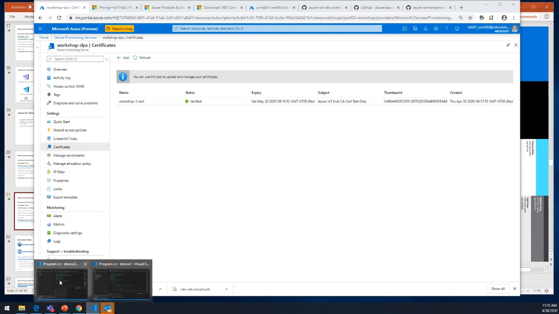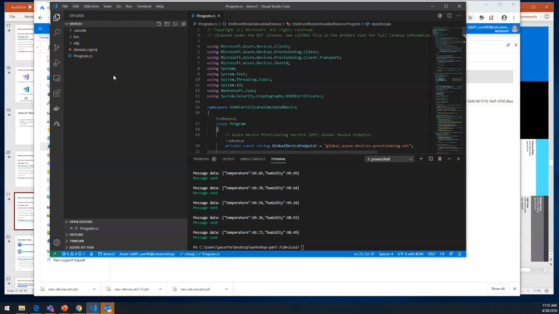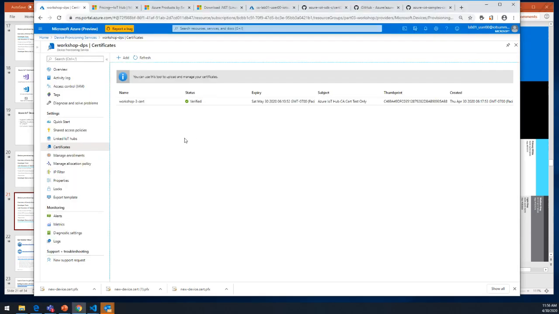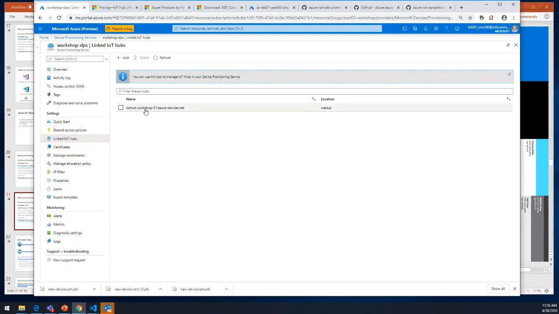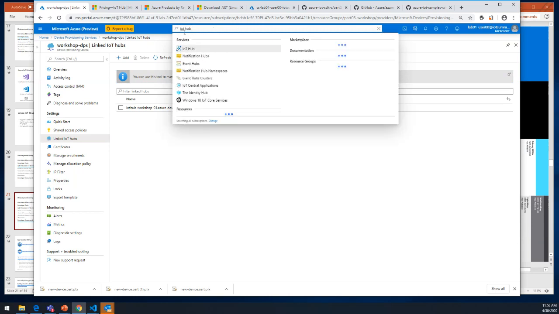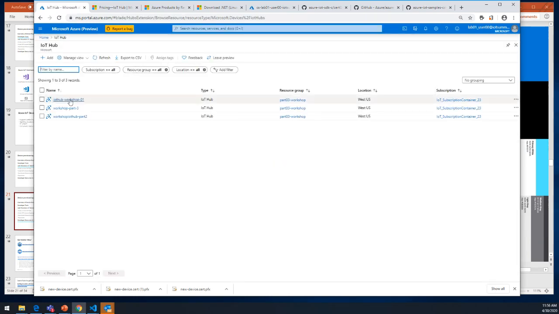All right, so let's go ahead, go into the code. Now for the scenario, I actually have 2 devices already set up for this IoT hub, and we're going to create a third device. And before we jump into that, I want to show you something. As mentioned before, device provisioning service links to your IoT hub. You can see that we have the IoT hub workshop 01 is our linked IoT hub, and you can find that IoT hub by going to IoT hub,